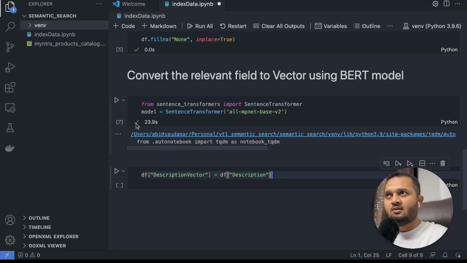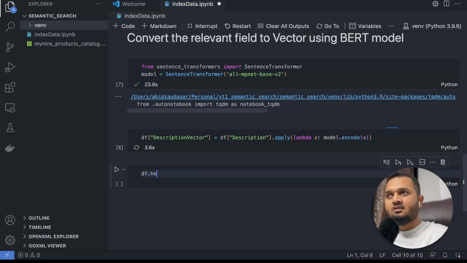So the model has been loaded. Now we wanted to apply, and we'll use a lambda function here. We want model.encode and we'll pass in the x. So what it will do, it will take each description, convert it into a vector, and store that vector into this column. So let's just run this